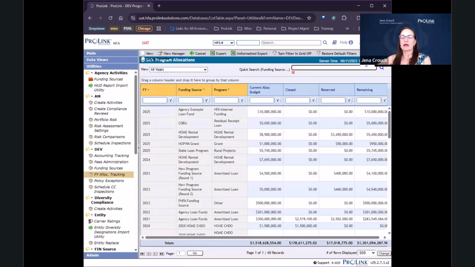So we've learned how to add our funding sources. We've learned how the funding sources get added into the system every year. Especially for HOME, it's usually going to be an annual thing, and it would occur after the governor allots how much funds are going to be going to each agency. And then we've learned how to sort our views with the filter function as well as with a grouping function. So now that we've got all of these,